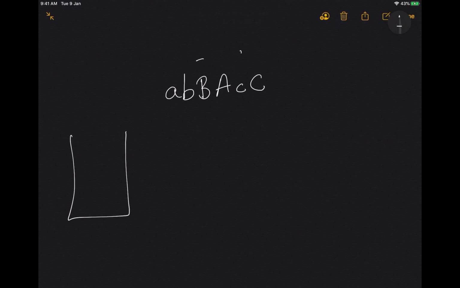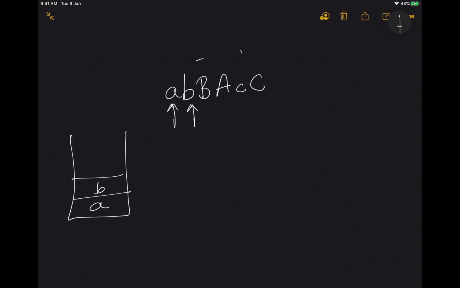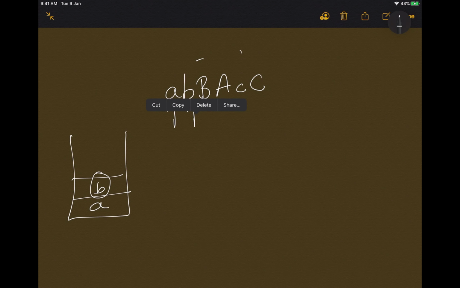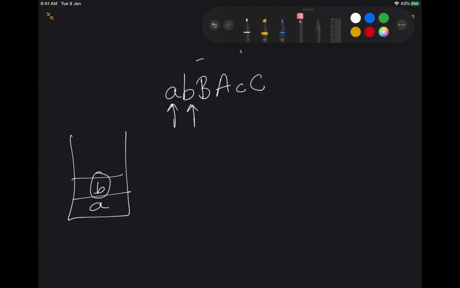So we move from left to right. We encounter a, we push it into the stack, then we encounter b, we push it into the stack, then we encounter capital B, we check whether the top element of the stack is equal to the current element, that's b.